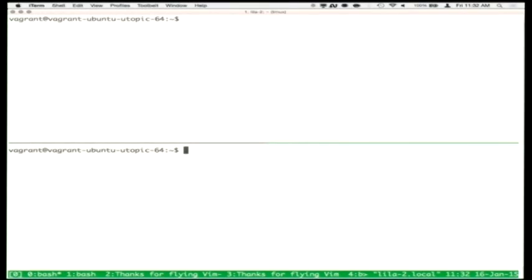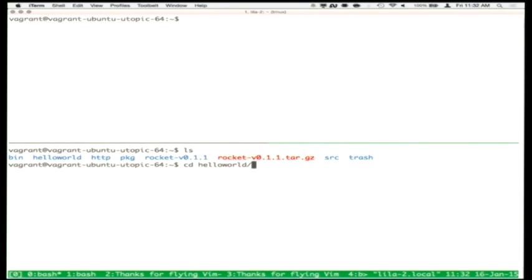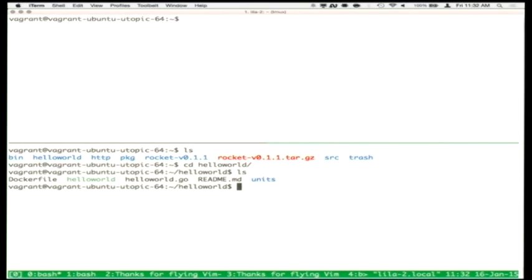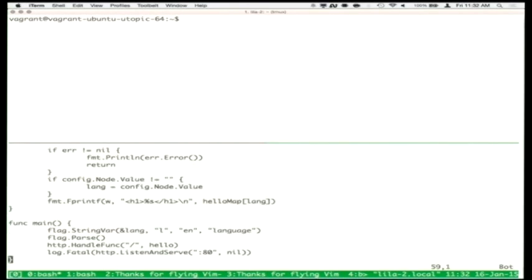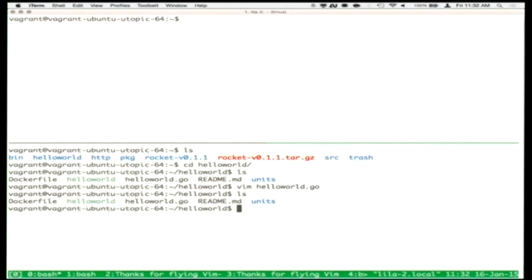I have a host over here that I've been using for Rocket development and testing out on Ubuntu. But this host has Docker installed and a Go environment. So on this virtual machine I have Go installed, and I have this really simple Hello World application that exposes an HTTP endpoint. Okay, and so what I'll do is I'll build this